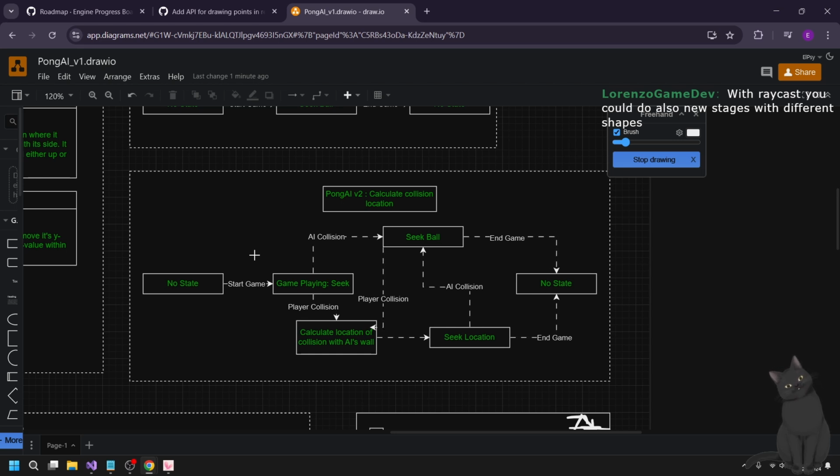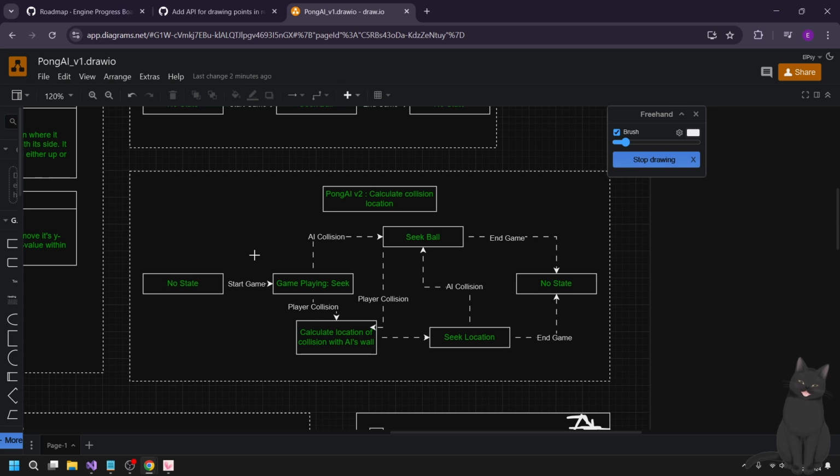I don't really intend on making it different shapes though, but that's an interesting idea. Yeah, I'll think about it, because honestly, I've been working on this game for like a year at this point, because I've just been working on the engine to get it working. So I'm kind of tired of Pong.